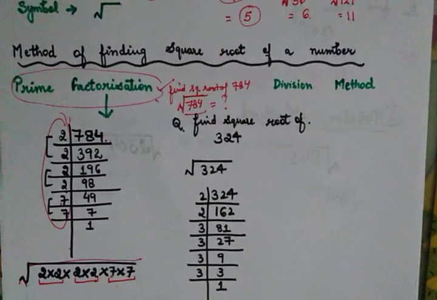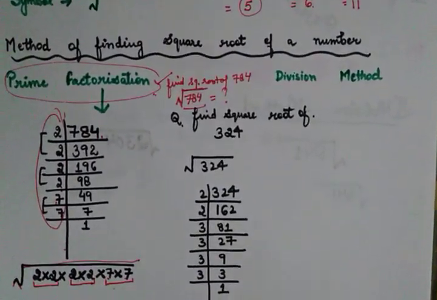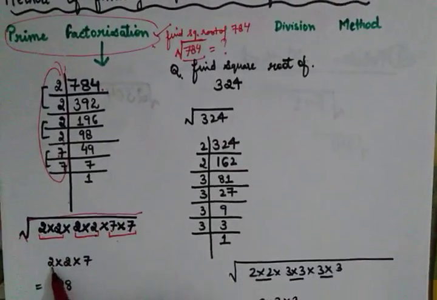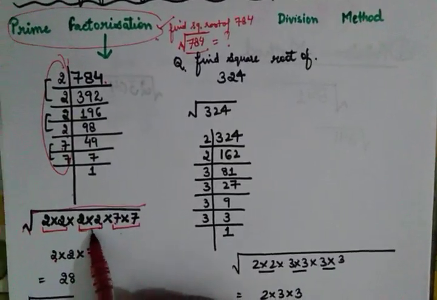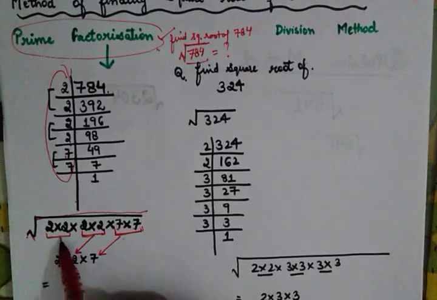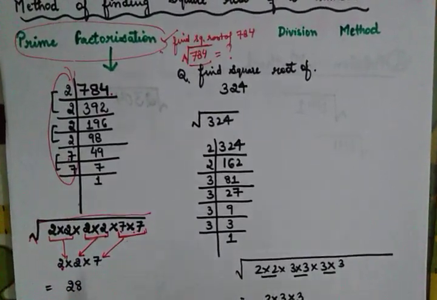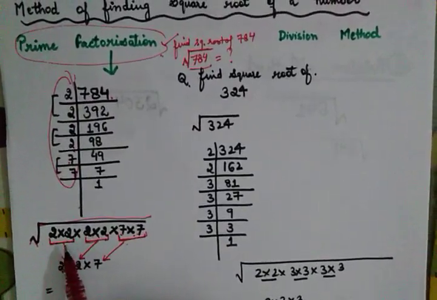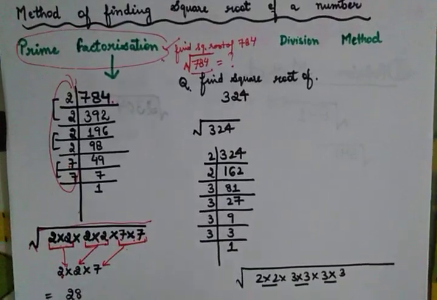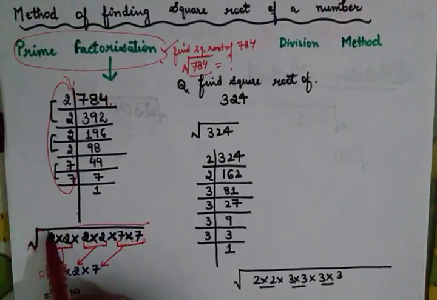And from every group, or you can call it a pair, take out only one number, and that will be your answer. From this group I have taken out one 2. From this group I have taken out one number. From this pair I have taken out one number. So from all the three pairs I have taken out one number. Again I am repeating, a pair needs to be of the same number, and from every pair you need to extract one number out. Once you have extracted one number out, please don't put this sign.